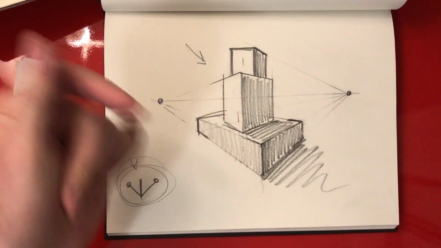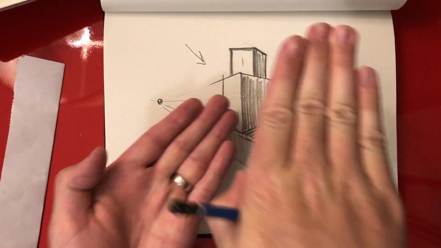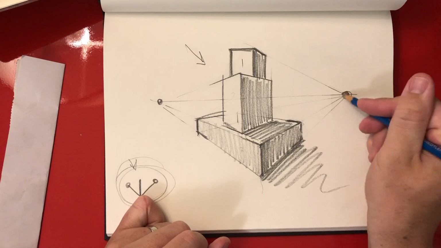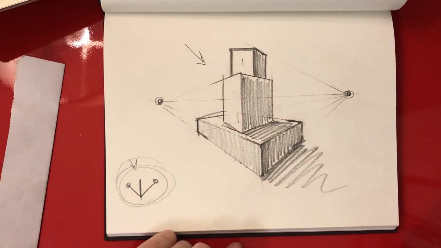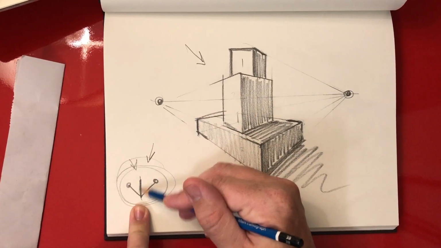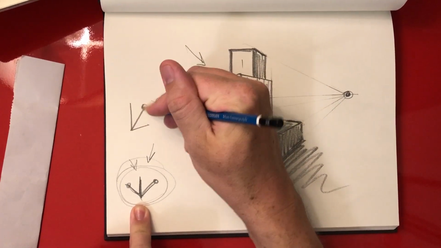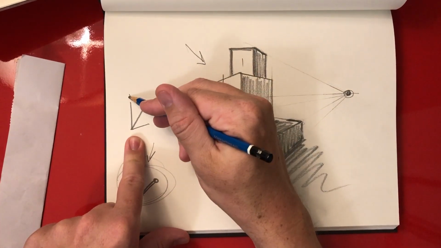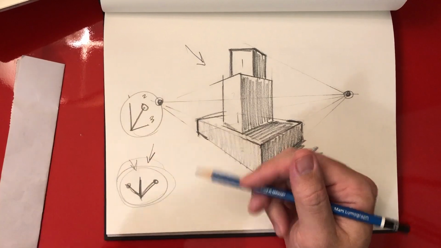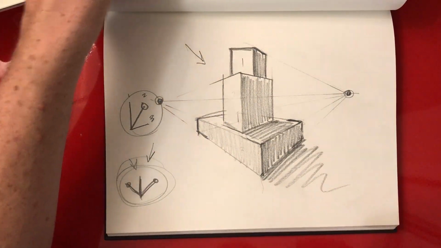Look at that. In seconds, I've got a stack of 3 blocks. I understand the perspective better, and I could add any other objects I wanted to this as long as they correspond to my focal points. Remember, you've got a trick with 2 points, only 3 options, and you have a trick with 1 point, only 3 options. If you follow these 2 cheats, you will end up with a nice stack of different